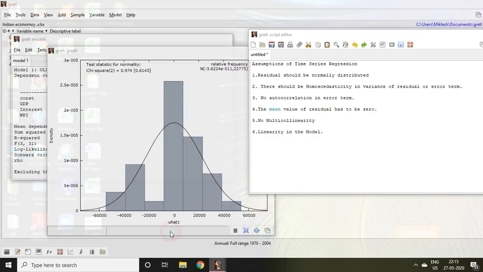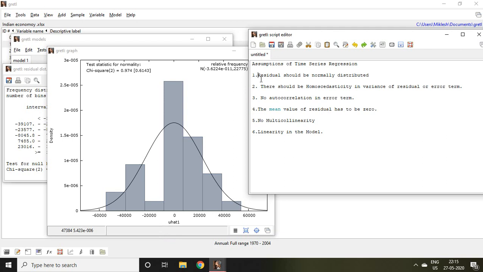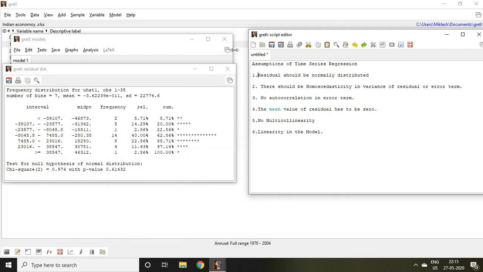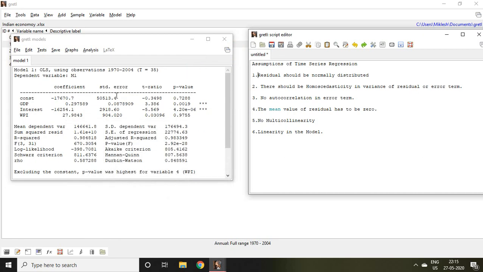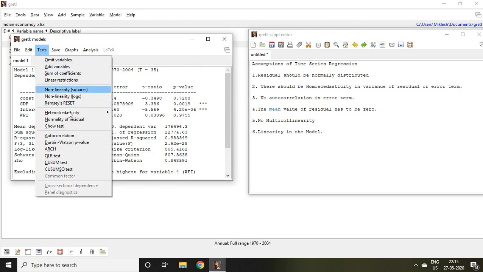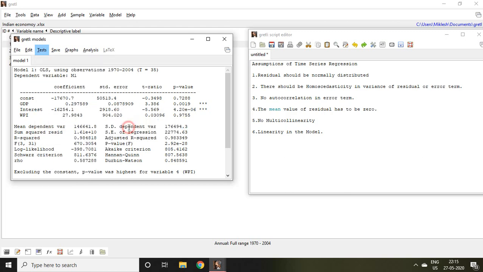Now let me talk about the second assumption. The second assumption says there should be homoscedasticity, invariance of residual or error term. For that, go to Test, click on heteroscedasticity, then you find 4 different options. Out of that, I'm going to apply the Breusch-Pagan test.